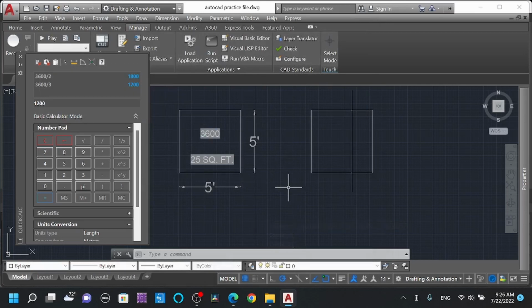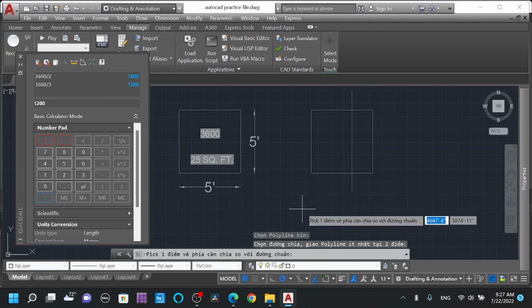Then type cd, the command which we just loaded. Click it here. This command is basically in Vietnamese language, so it is difficult to know what's written in the command line. So this is simply saying select the polyline. Okay, selecting the polyline, and then after selecting the polyline, select the line with which we are going to split. Select it and then